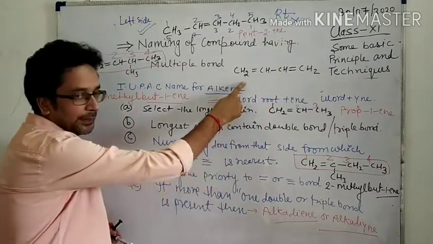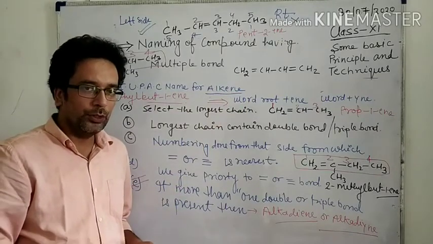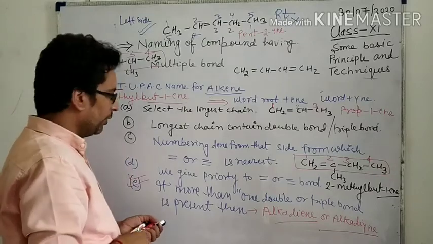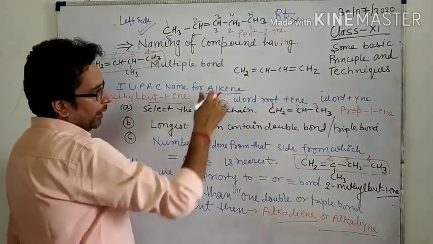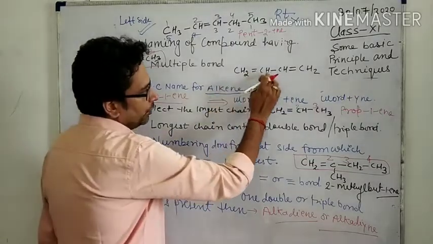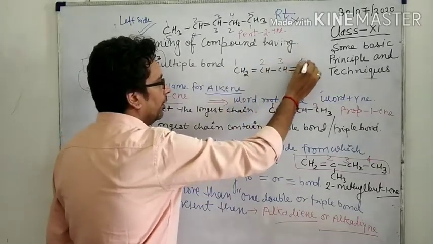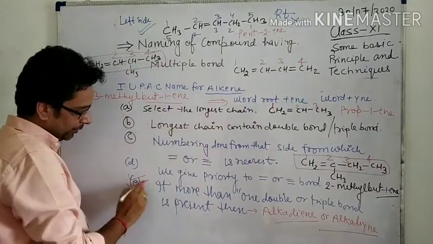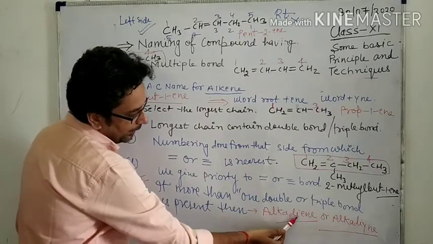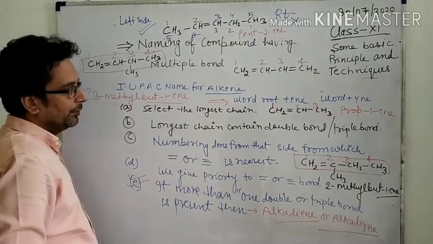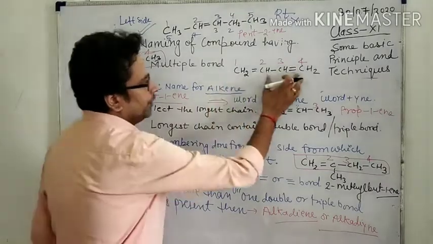Now this compound is an alkene and has more than one double bond. Okay, so look here, what is the name of this compound? Now this is a simple straight chain, so no problem. Calculate the total number of carbon: 1 2 3 4. Give numbers 1 2 3 and 4. Okay, now look here, if more than one double or triple bond is present, then we use alkadiene. Total number of carbon is four, so